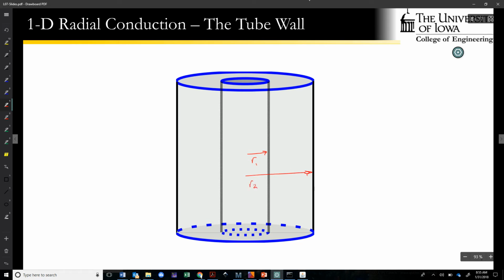And it's on this inner radial surface and this outer radial surface that we're going to be specifying our boundary conditions. And remember, we still consider this a one-dimensional problem because now our coordinate system is set up